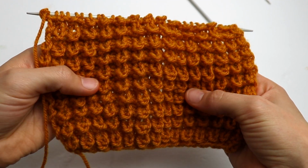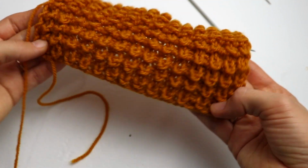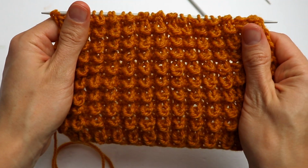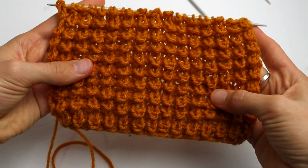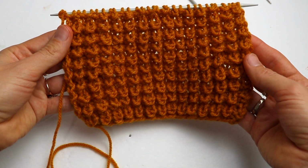And this pattern is perfect for baby rompers and baby hats and baby cardigans. If you want to knit a baby bonnet using this stitch, you are welcome. You can find the video